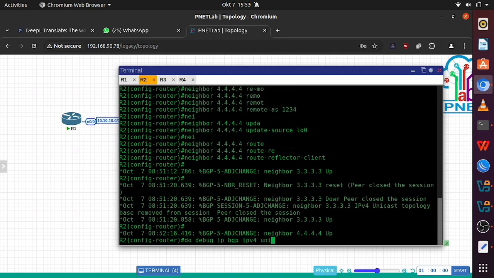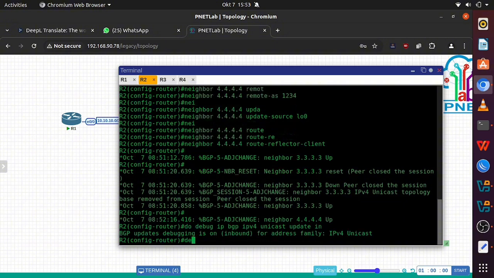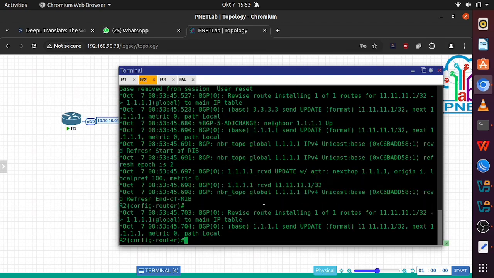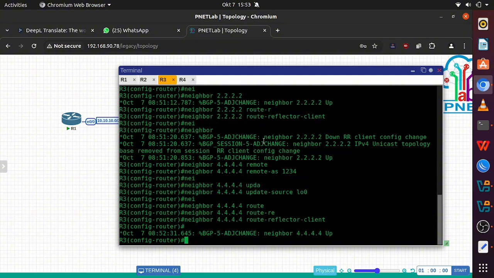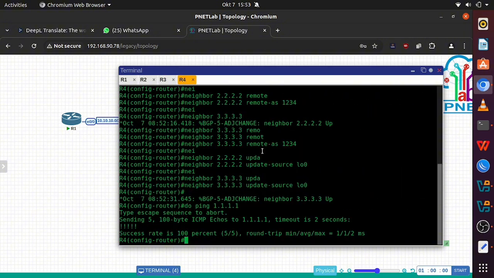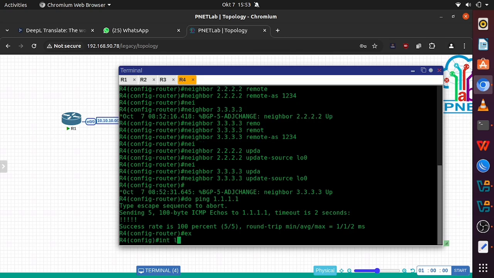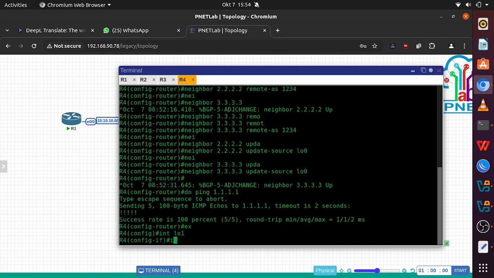Also in router 2 I will run debug IP BGP IPv4 update in. This command is for updating the information to router 1, and we also restart BGP 1.1.1.1 for the new, latest BGP information.